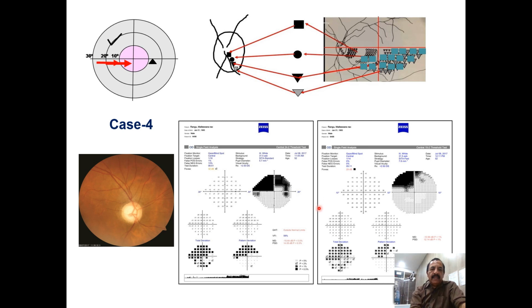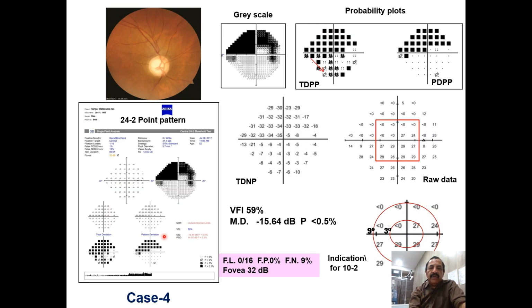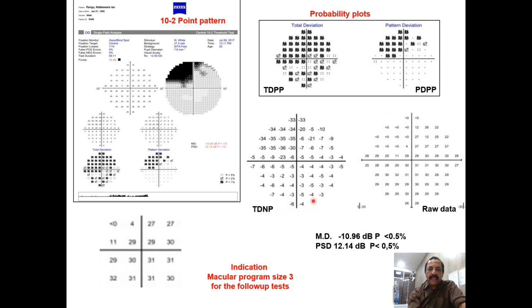In case 4, this is an advanced glaucoma, and we asked for fields. The 24-2 is showing almost the entire upper segment with absolute scotomas, and the lower segment also started involving, with a mean deviation of 15 dB, and there are absolute scotomas among the 16 points in the central degrees. We repeated the test with 10-2, and the 10-2 also shows absolute scotomas in the nasal quadrant,